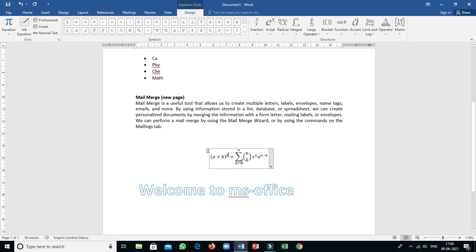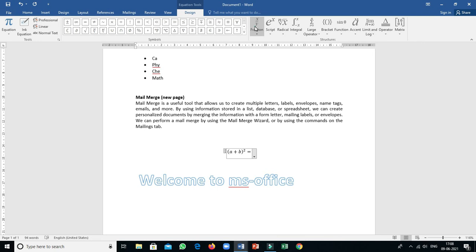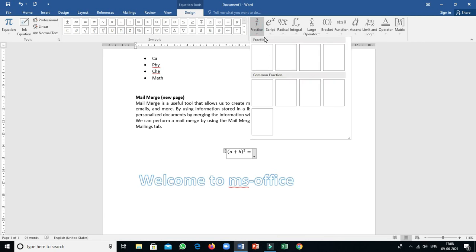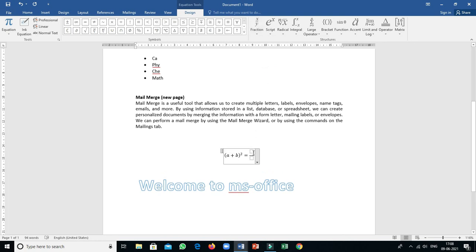You are able to change the format also. Okay, so first you select the equation format, then you may go on changing the format. So if you need the fraction, suppose I have to delete all these things, then I have to write the fraction option. Inside fraction, lots of styles are there. You can select any style. Then here I am clicking, then I have to write, suppose, a to the power 2, a square plus b square, and divided by x cube minus y cube.